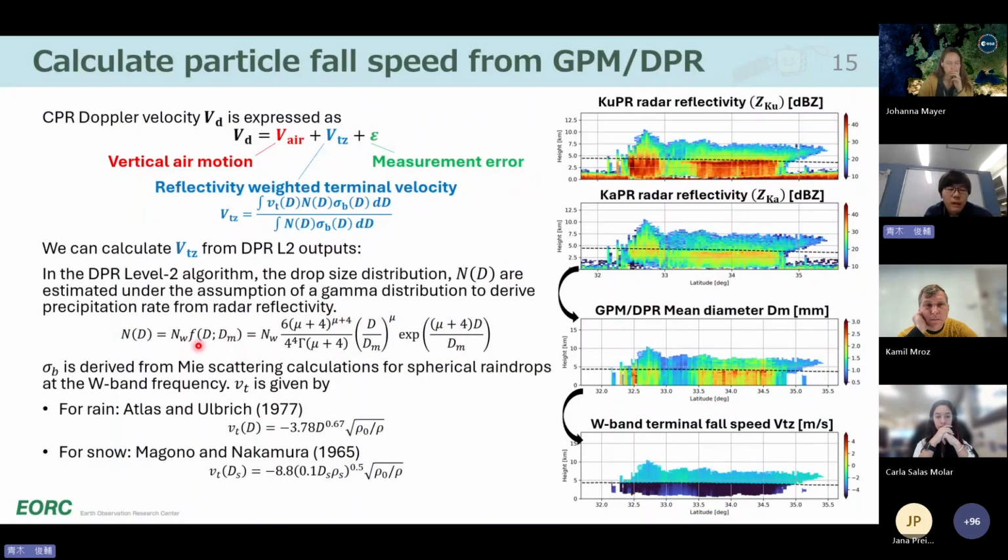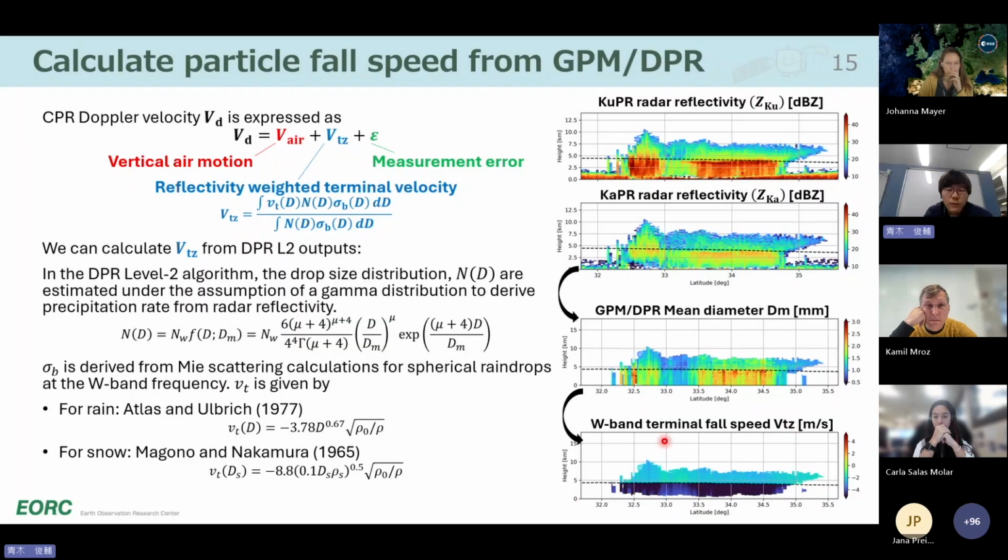In the algorithm, we estimate number concentration and mean diameter. From this, we can calculate terminal fall velocity like this,